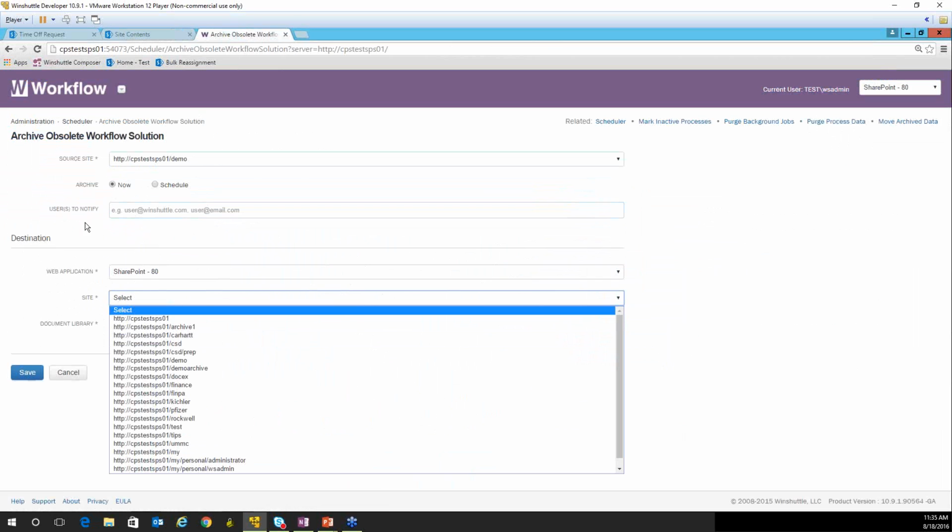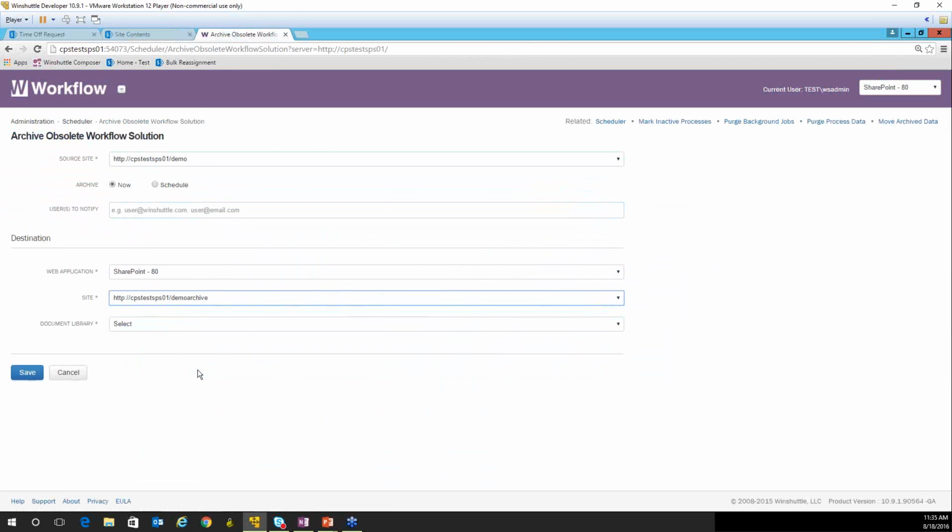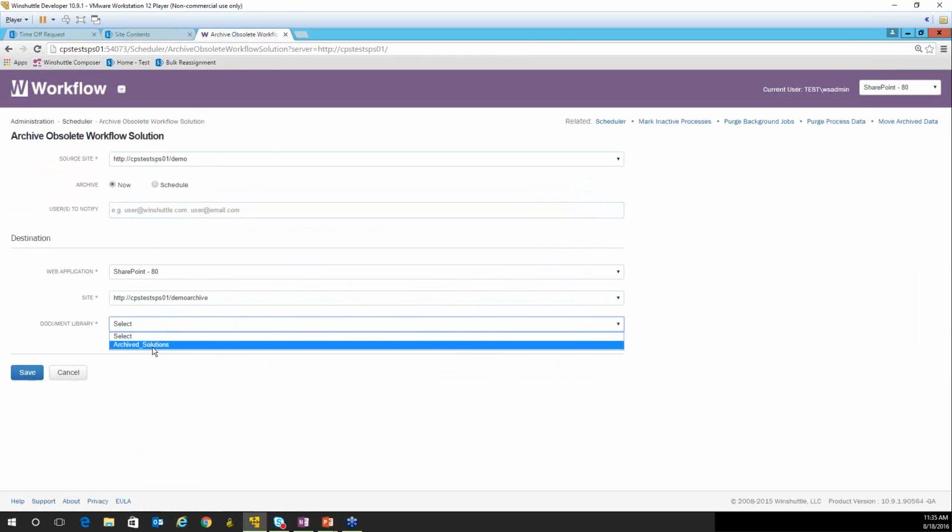And here I want to pick the site I want to send these solutions to. So it's going to be demo archive. And I'm going to send it to the archive solution. So you're going to see a list of document libraries here you have available, and hopefully you've created one. And when you create it, you can actually do that there. So that's going to actually send any obsolete workflow solutions out of here into here,